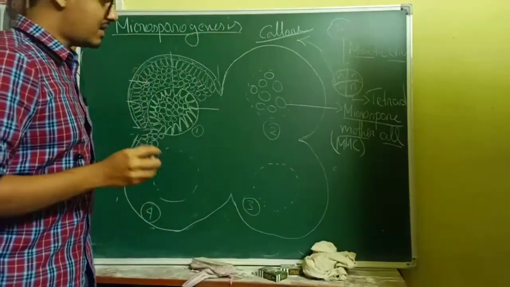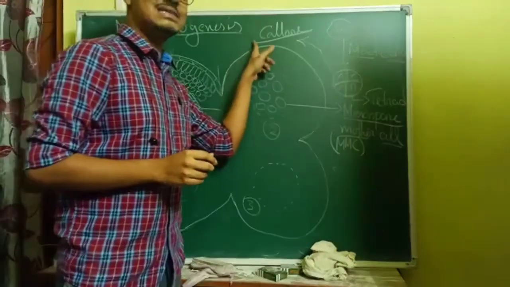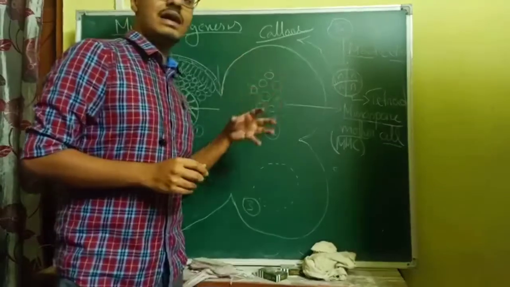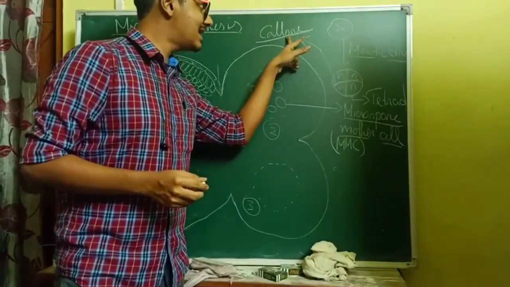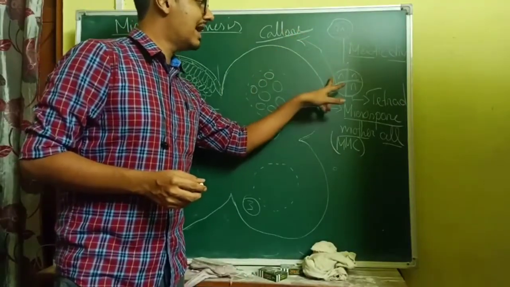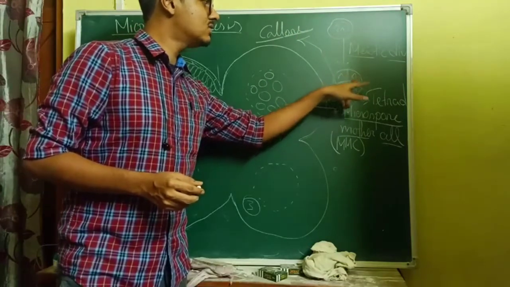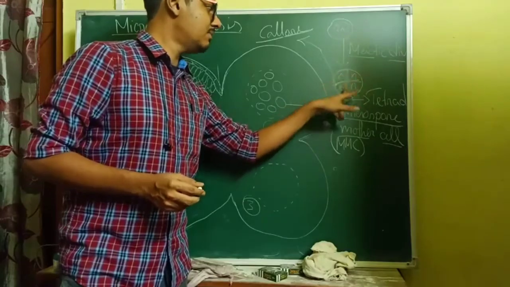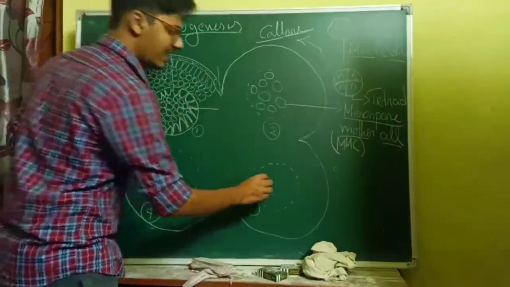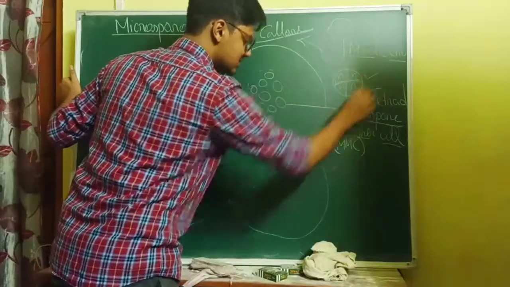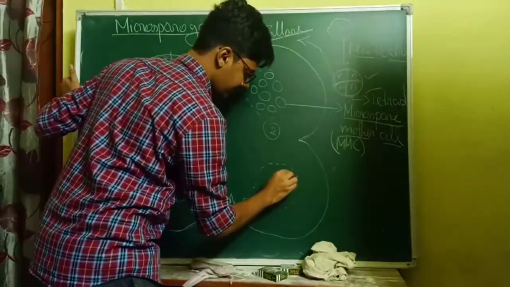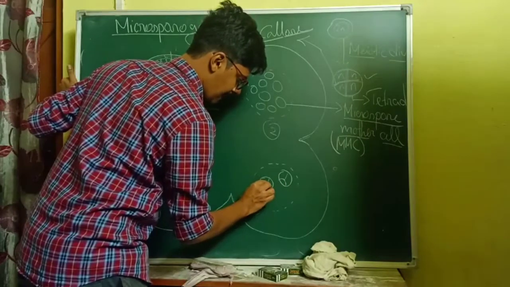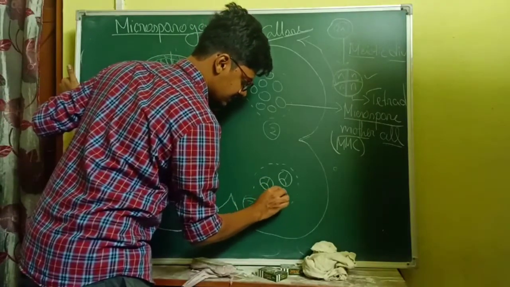Now if you try to remember, in the last video we have talked of callase, right? This is callose. Now tapetum will secrete callase, and because of that callase, this callose will dissolve, and these 4 cells will now separate from each other. So here what stage are you able to see? You are able to see this stage, right?